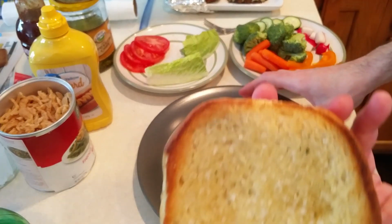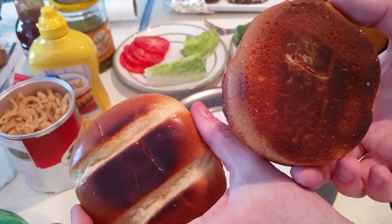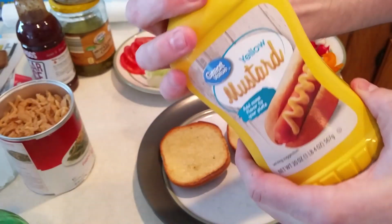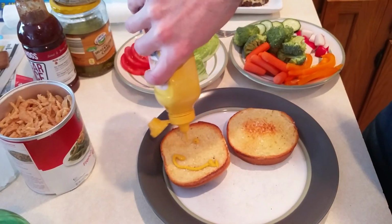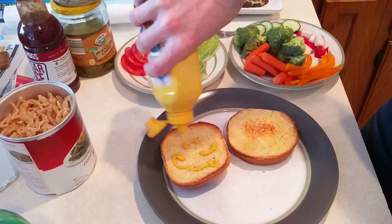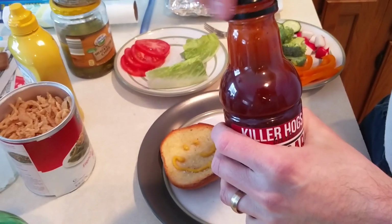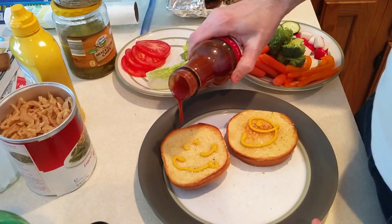So here's the play-by-play on how I like to make my burgers, my favorite way. My wife made these awesome brioche buns from Costco into garlic butter toast. Of course, I'm always going to go down with some yellow mustard, some Killer Hogs vinegar barbecue sauce, and I change it up on the barbecue sauces, but definitely my favorite way